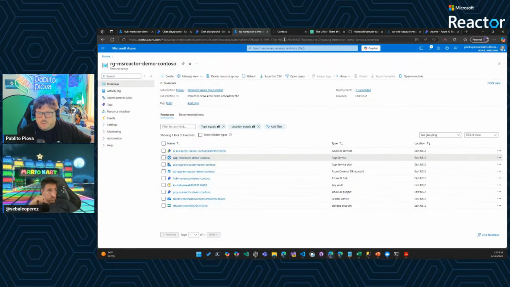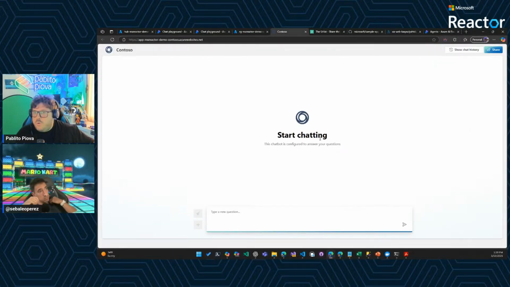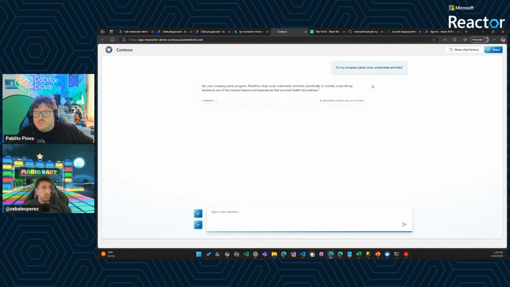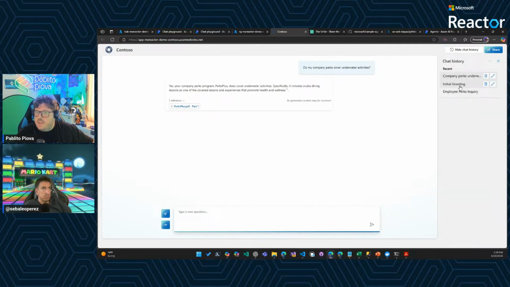And when you deploy it, we will take some application like that, right? I will try the application with the same question, and here we have the reference, right? And we have the chat history saved in Cosmos DB, right? This is the first approach, and it's super quick to generate a POC from